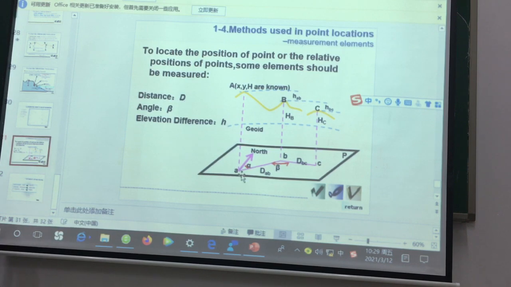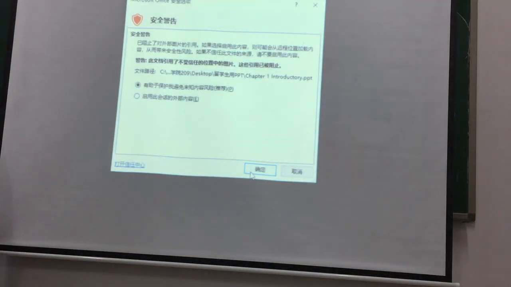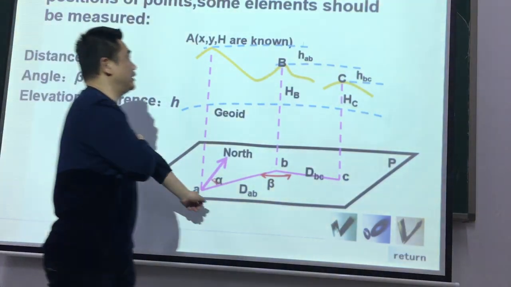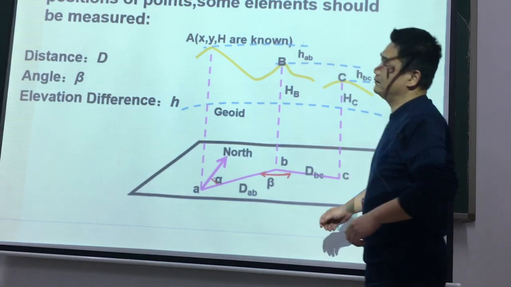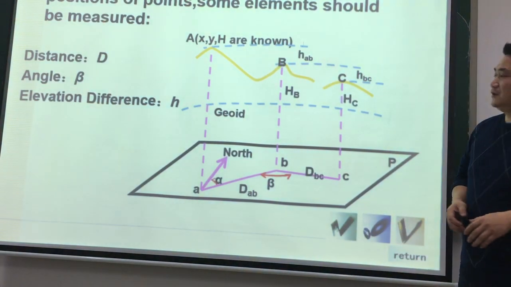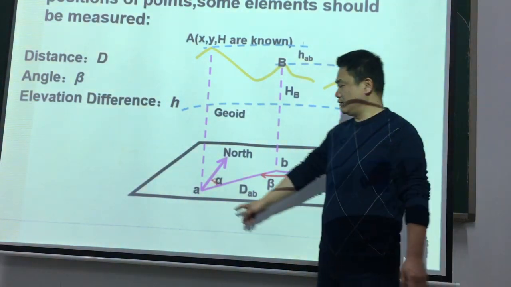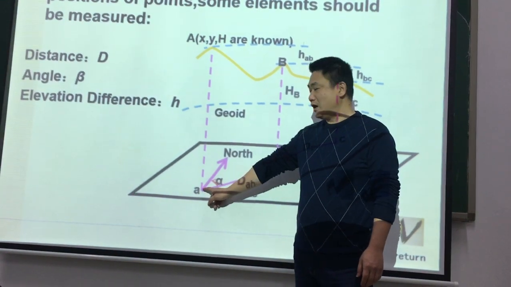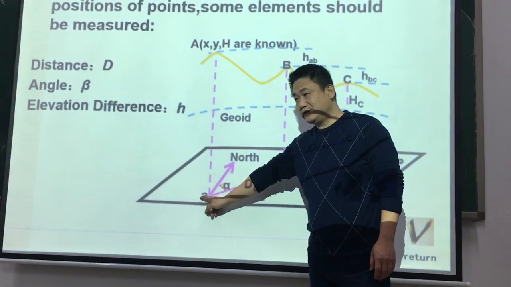Okay. For example, in this picture, we say why these three elements must be measured. For example, here is point A, if point A is given, we know